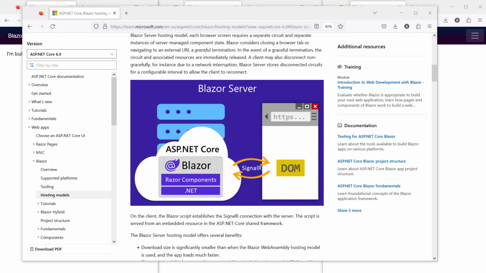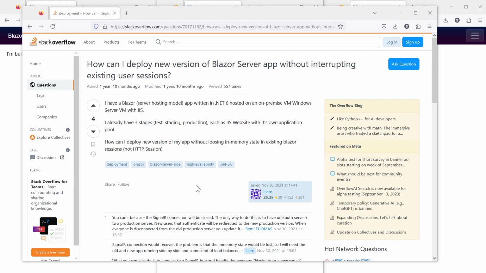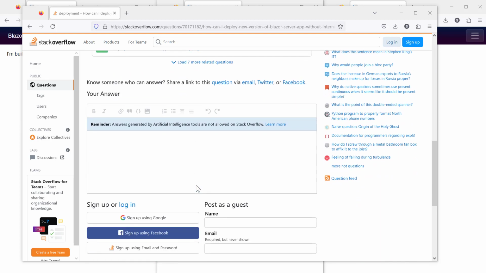But the real problem happens when a server is taken down. There is no way to move those 1,000 mirror images to a new server. The mirror images are lost, so your users must restart from zero when they connect to a new instance. Someone asked Stack Overflow how to avoid this problem, and there are literally 0 answers. So now that I've explained why all Blazor server applications are inherently fragile, let's move on to another way that